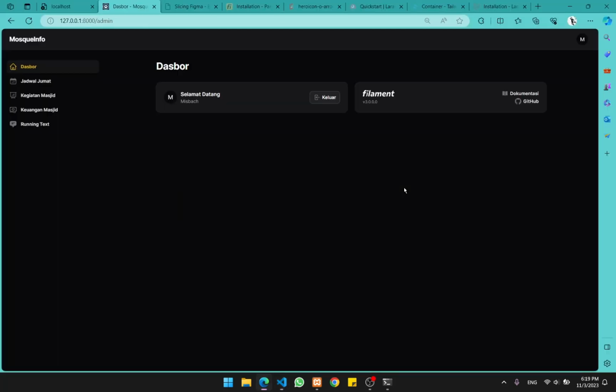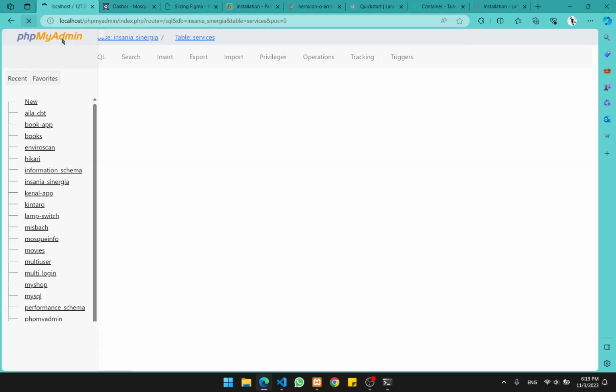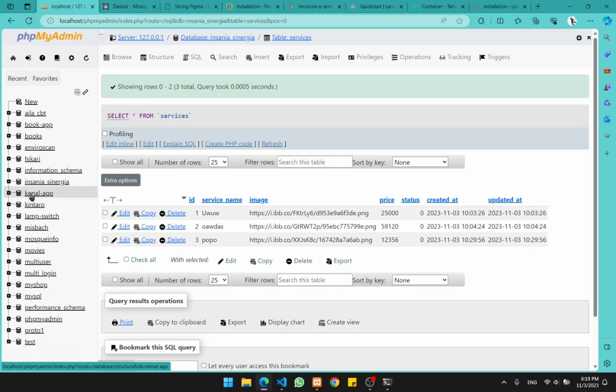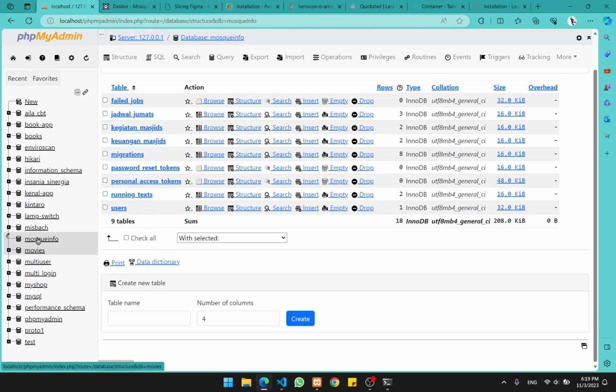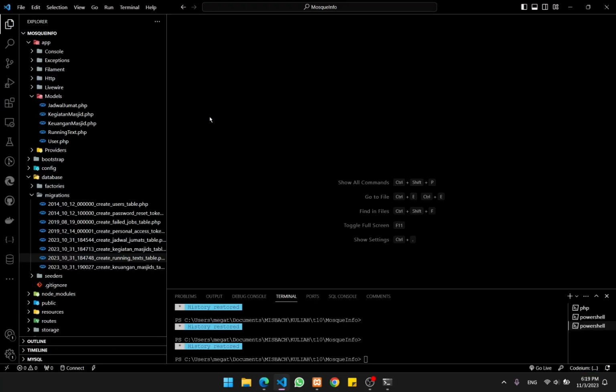If you already did that, there should be new tables inside your database. Wait a minute. There should be new tables that will be called jadwal Jumat, kegiatan masjid, keuangan masjid, and running text. Yeah, that's it. Okay, next step is